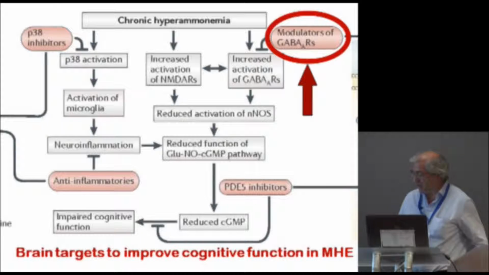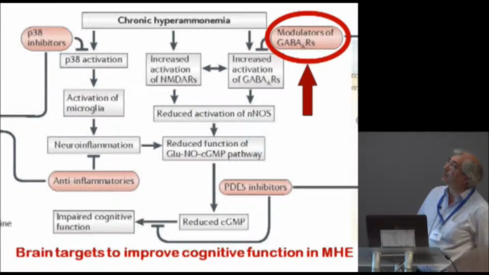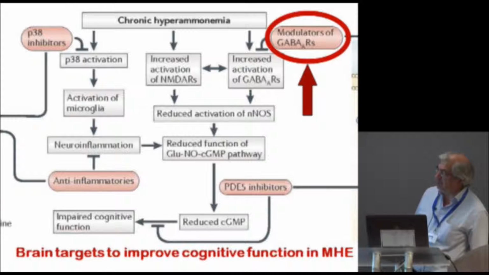Therefore, in summary, the results show that chronic hyperammonemia leads to increased activation of MAP kinase P38, activation of microglia, neuroinflammation, increased activation of NMDA receptors and of GABA-A receptors, which I believe have an interplay. We are trying to understand it. And all of this leads to reduced function of the glutamate nitric oxide cyclic GMP pathway, leading to reduced formation of cyclic GMP, which impairs cognitive function. And we can restore these levels of cyclic GMP by different mechanisms acting on these steps,